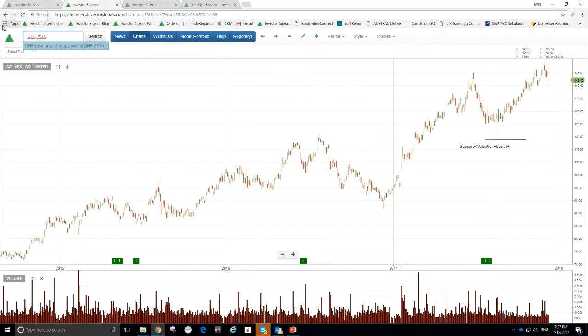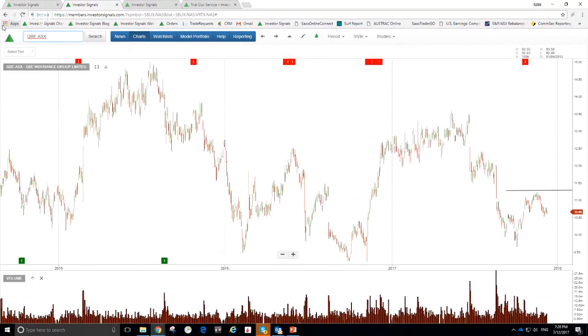So if we look at a stock that's not in the top 20 model, like say QBE, for example, we can see here the stock's predominantly making lower lows and lower highs, and the sell signals picking up the rally within what is an overall structural downtrend. So if we look at the most recent signal here, again, it just confirmed that QBE is still under pressure,